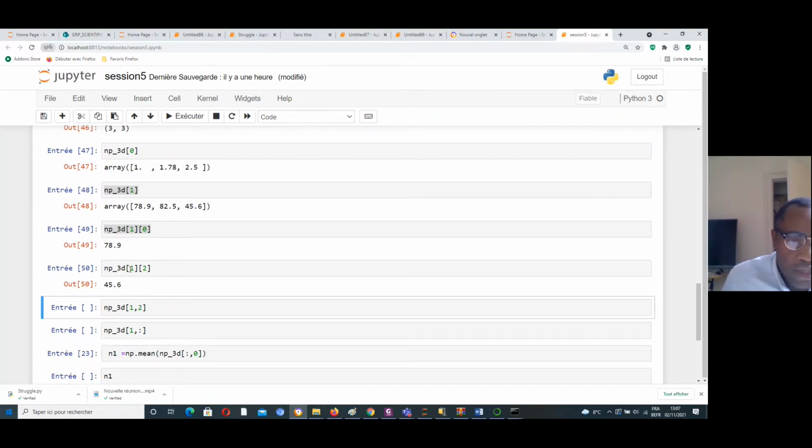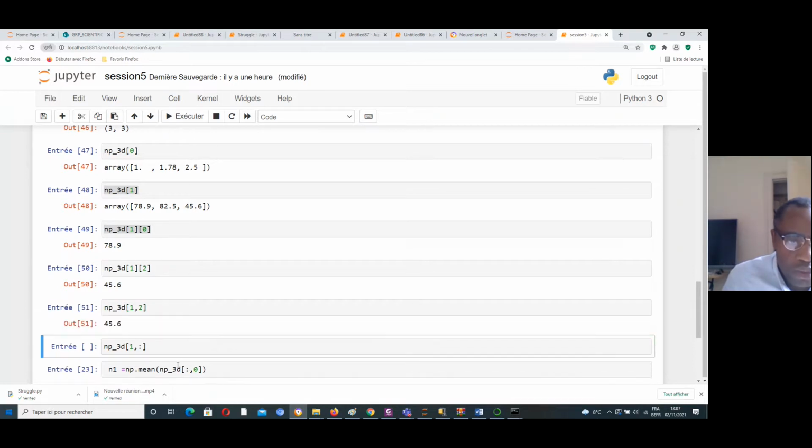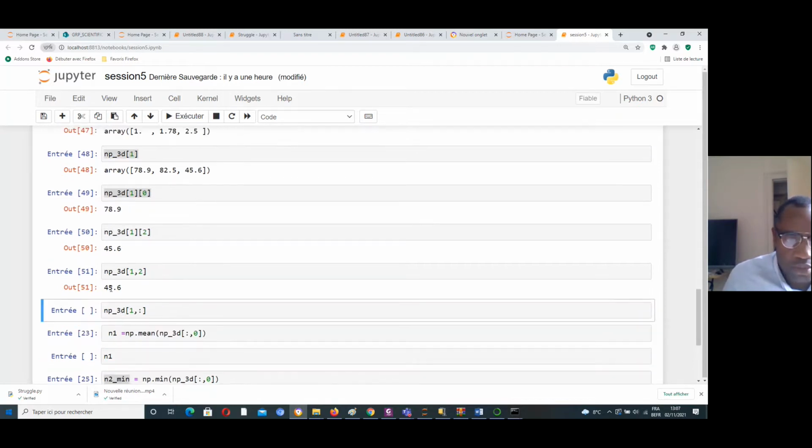Instead of doing that, I can print this one and I get almost the same result. Let us execute it. I get the same result, so we can do it like that and get the same response.